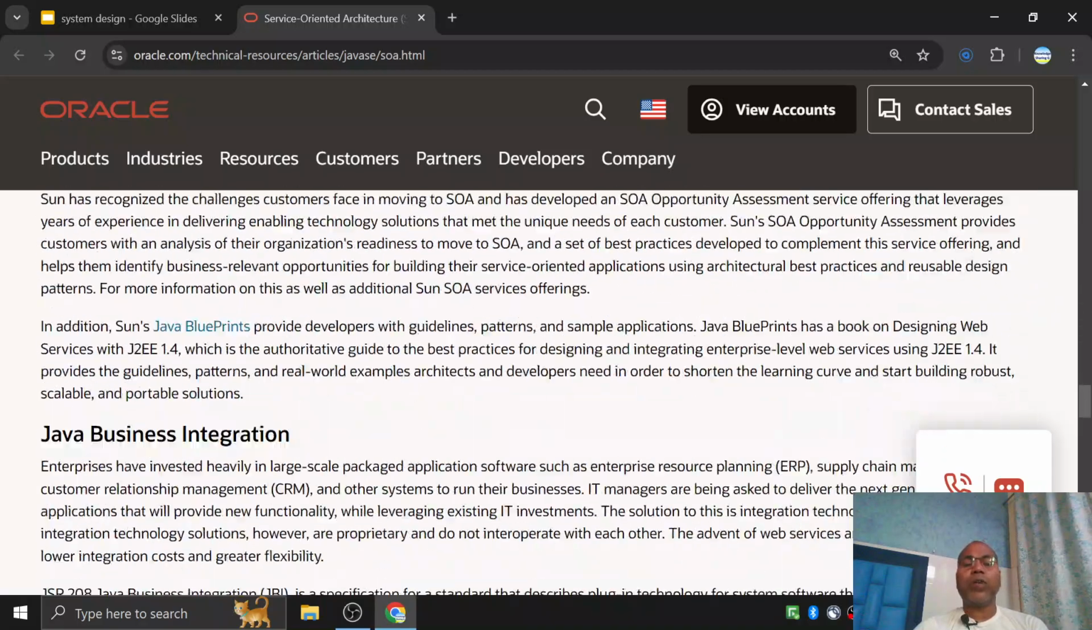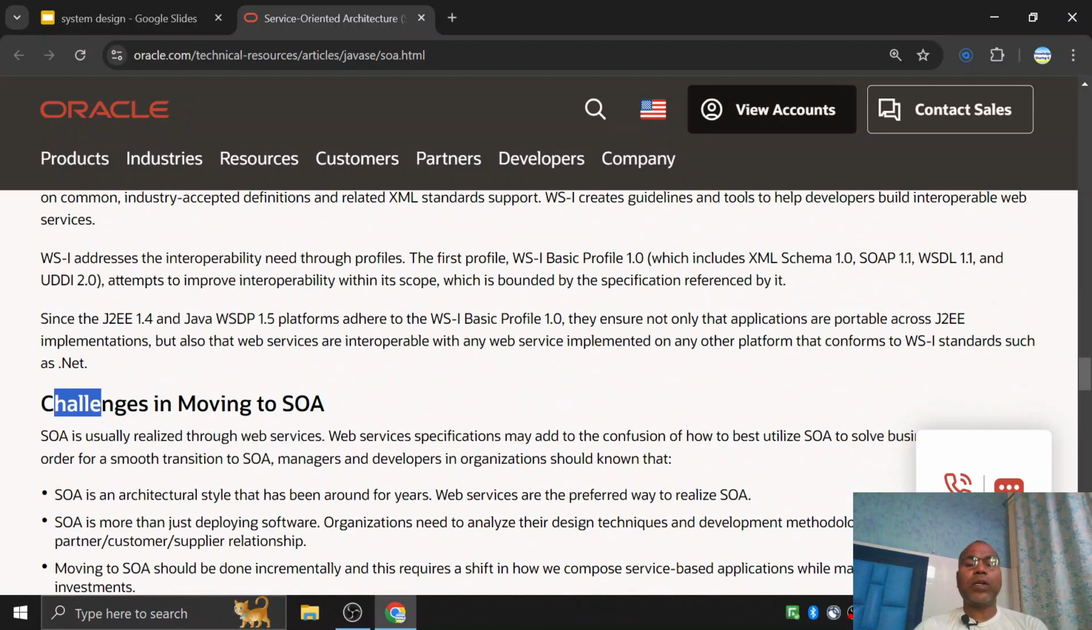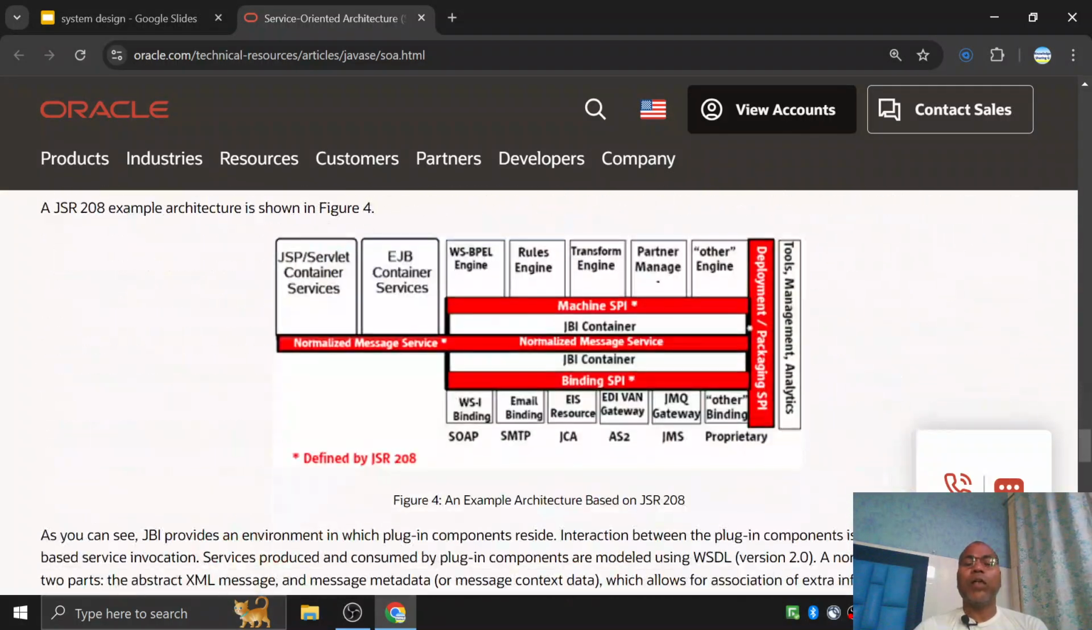You can also mention what kind of challenges there are in moving to SOA, and these are the different kinds of protocols: maybe SOAP protocol, SMTP protocol, JCA protocol, JMS, lots of enterprise protocols where your applications are built, maybe a different kind of business engine, maybe rule engine, transformation engine, pattern message, lots of EJB containers, different containers, they communicate with the